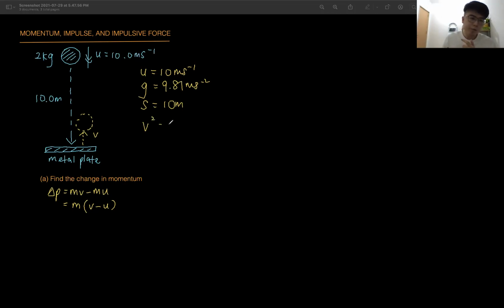So v squared equals u squared plus 2as. 10 squared plus 2 times 9.81 times 10. All are positive because the initial direction is down, so I take down as positive. Acceleration is also acting down, so it is also positive. So no need to worry about the sign. Calculate this, we get